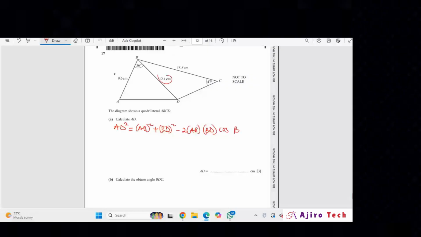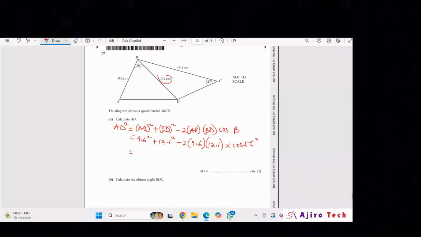So let's substitute. So we're going to have AB 9.6 square, BD 12.1 square, minus 2 bracket AB. AB is 9.6, BD 12.1, times cos 56 degrees. So we have this now. So from here, you can do them at once. Let's do it at once so that you can just press 9.6 square plus 12.1 square